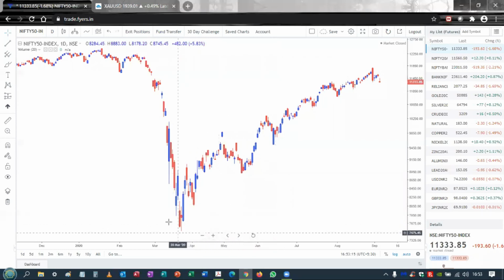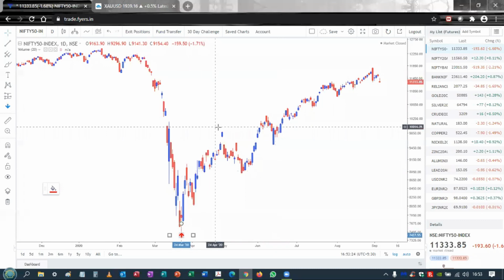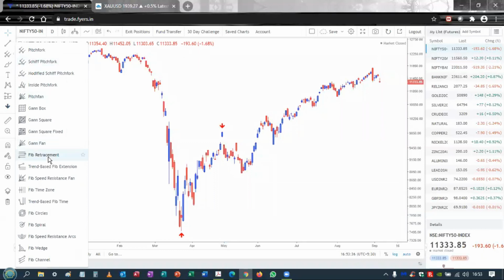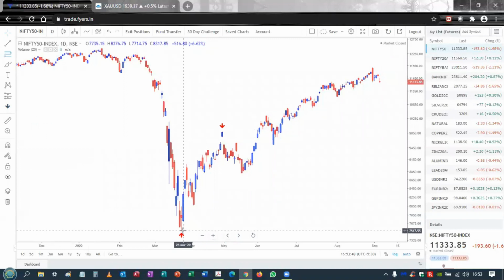Let us say that from this point over here, price has been in a very powerful uptrend. Now the first sign of trouble came over here because following this top, there was a nice correction in price. So I'll click on this price toolbox, and within that I'll select Fibonacci retracement. Now remember, I'm drawing Fibonacci retracement after a rally. So my objective is to find out possible areas of support following this rally.